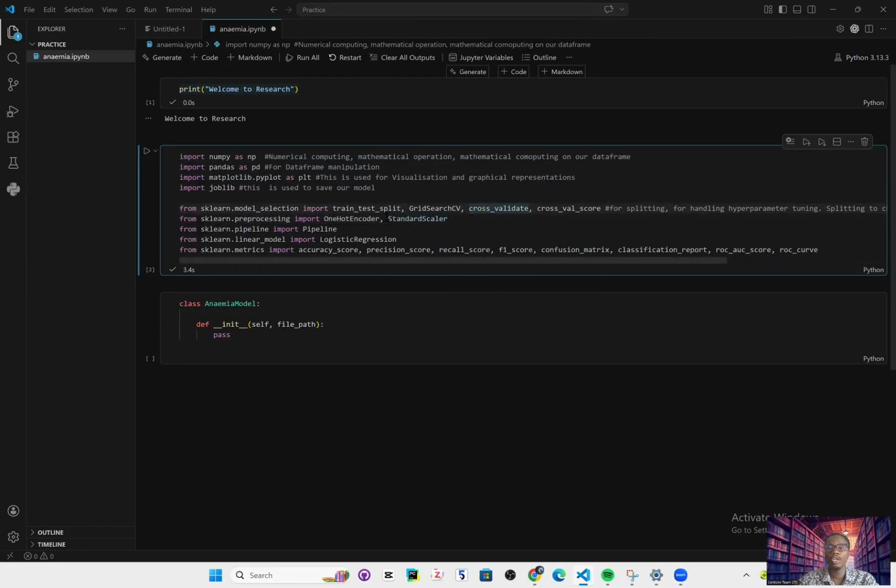So for one hot encoder, basically, we use it for pre-processing, okay? We use it to pre-process data, and if there are values that are on a categorical scale, we probably want to change them to numerical, so we could use one hot encoder to encode them. And then for standard scaler, basically, we want to use it for normalizing variables. Okay, now for pipeline, this is used to create